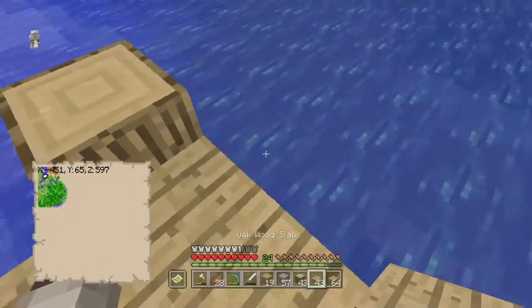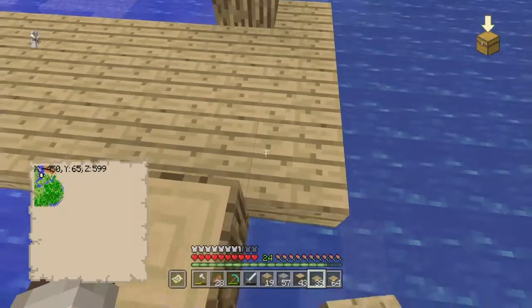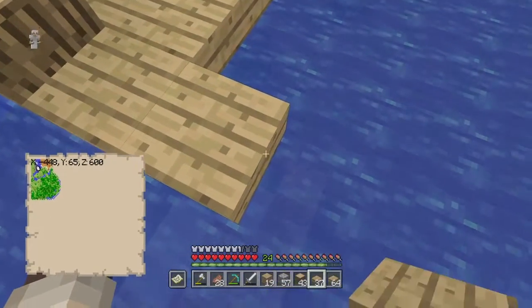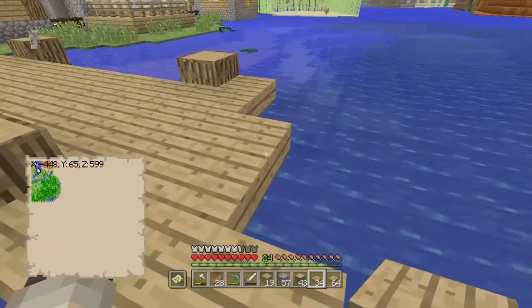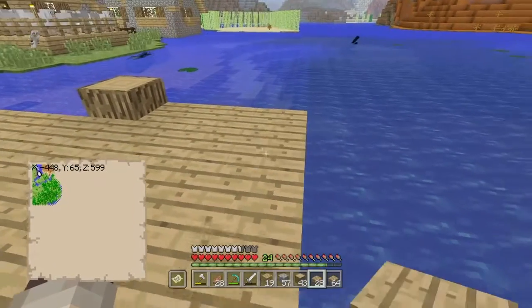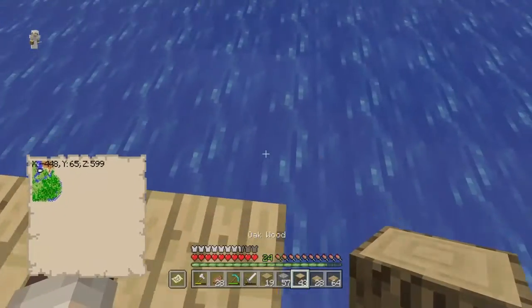And then here at these corners, because I'm going to do a cross here. Crossway. So again, we're just going to come out 3 again. We're not going to do the 7 because this is a crossing. It's a crossing of the pier, so...